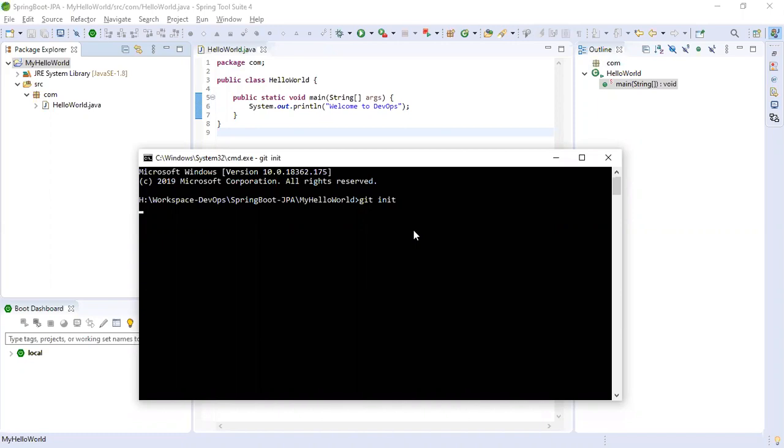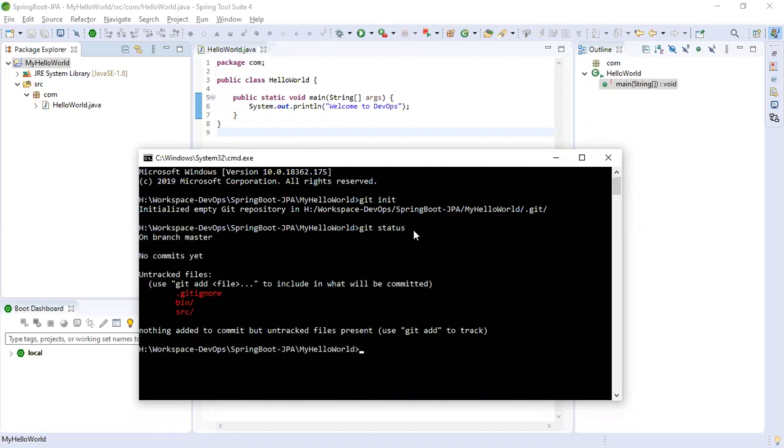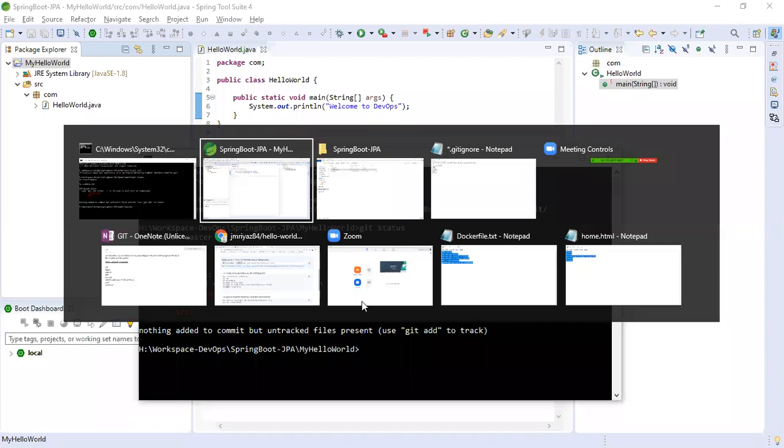So there is a local repository and a remote repository. Every day you can create your own local repository and keep all your code. Okay, if I put git status, it will show all the files you are going to commit. So this many files have to go into commit from the remote. So we'll follow these steps.